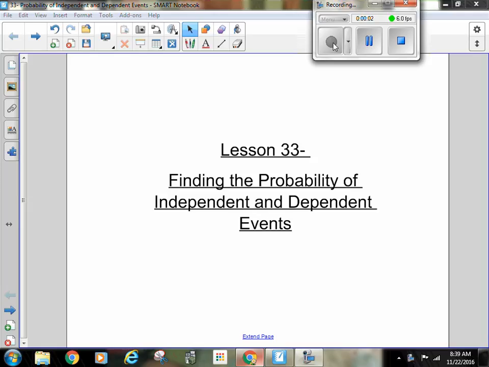All right, ladies and gentlemen, we're going to do lesson 33. It's finding probability of independent and dependent events. So it may take a little bit longer in our notes today because there's lots of problems, but it's really